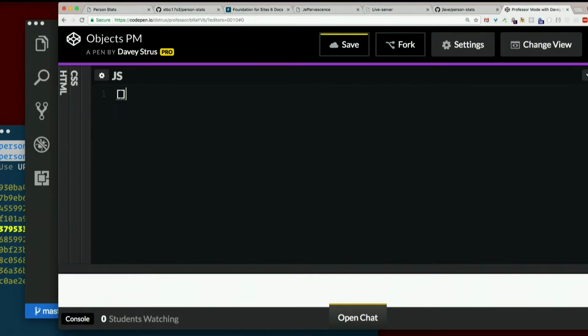So we have square brackets for arrays, right? We have curly braces for objects. So let's make a new object called meals. Okay, now we have one. And they're key value pairs. So at the key breakfast,